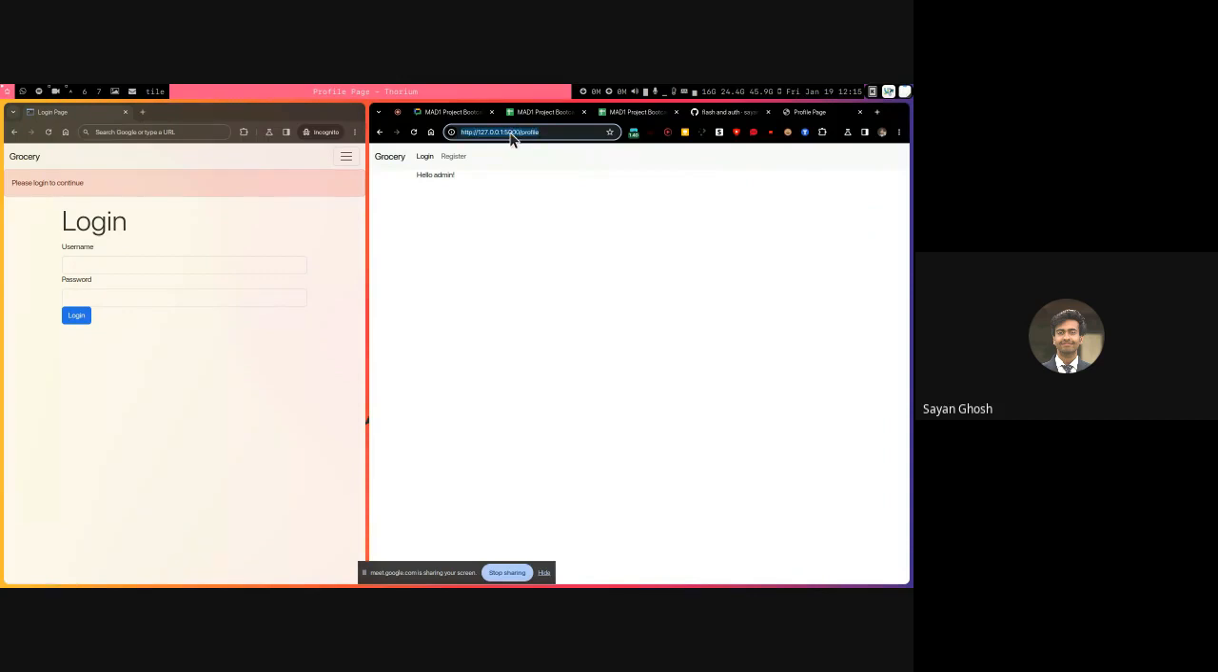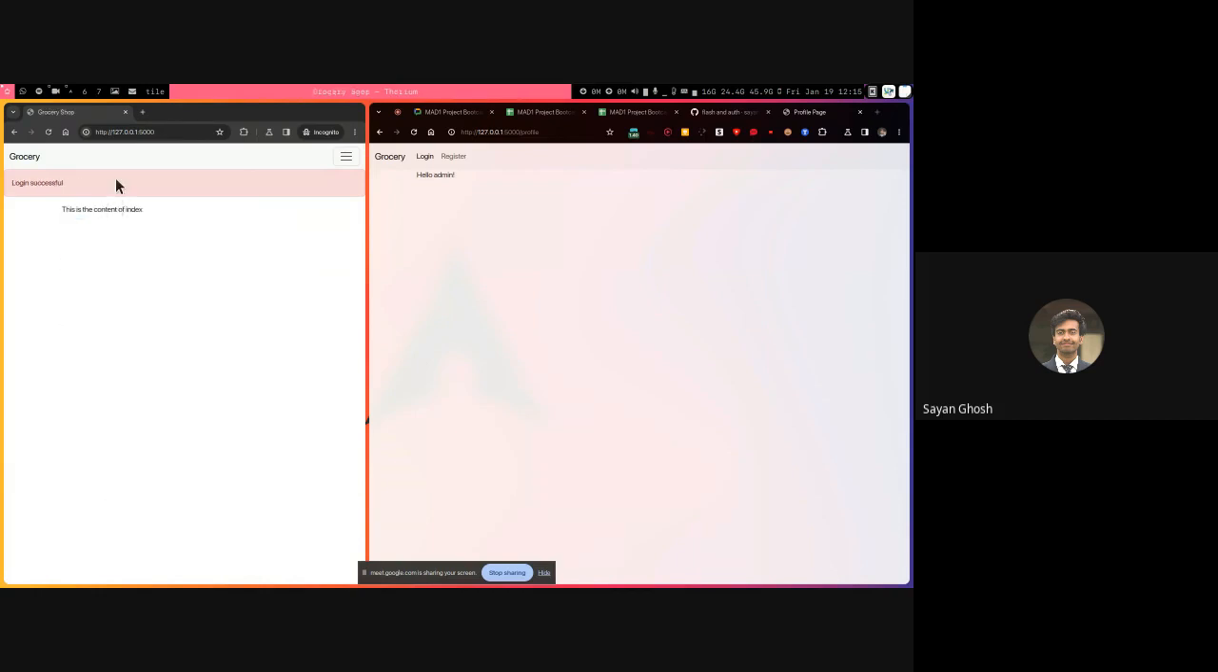this profile page, it will not crash. It will just send me back to the login, and I can then log in and I'll get the main page. And then if I go to the profile page now, it is working fine. So